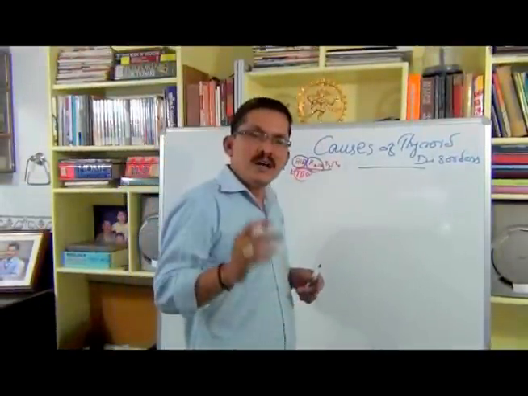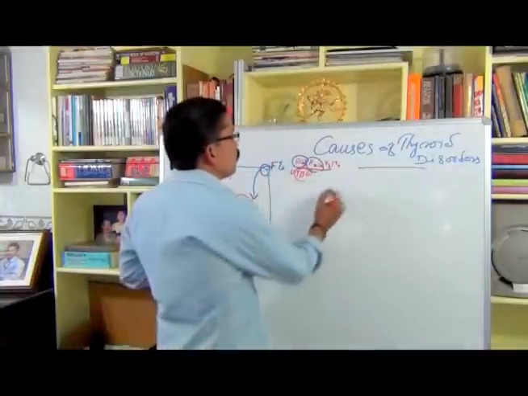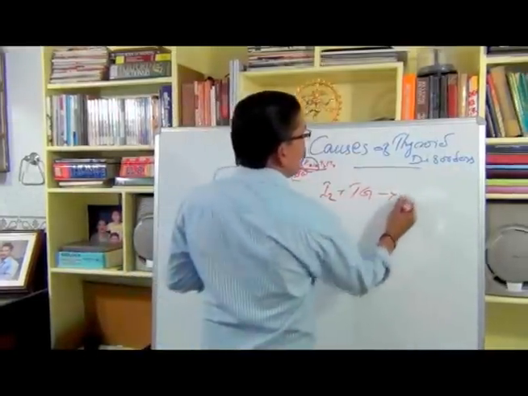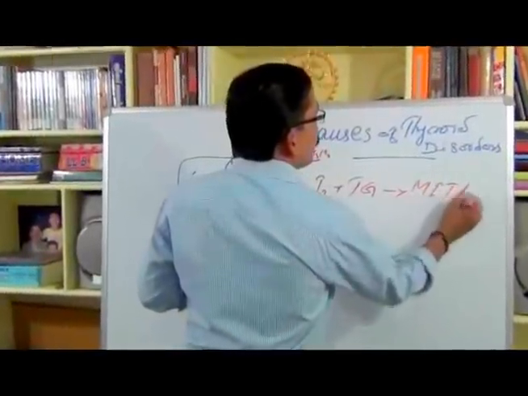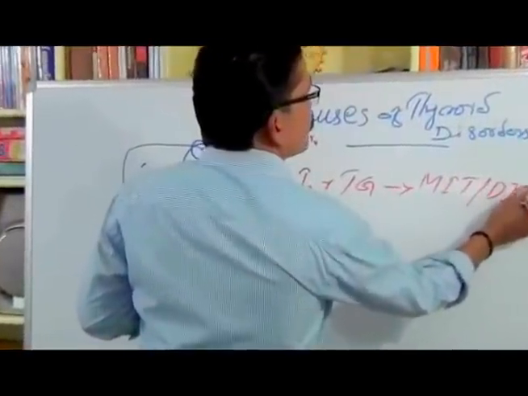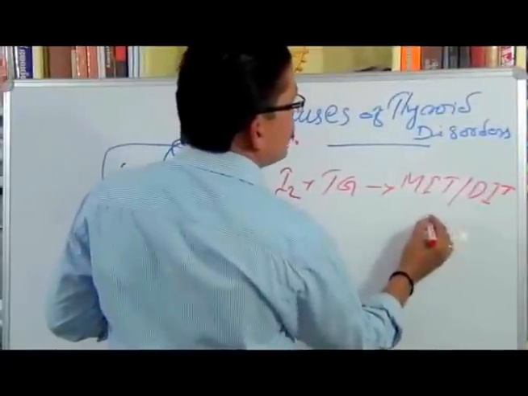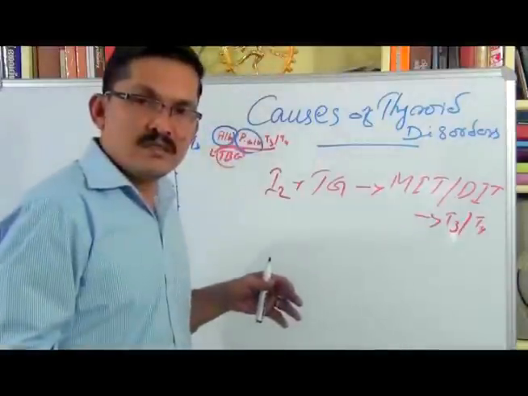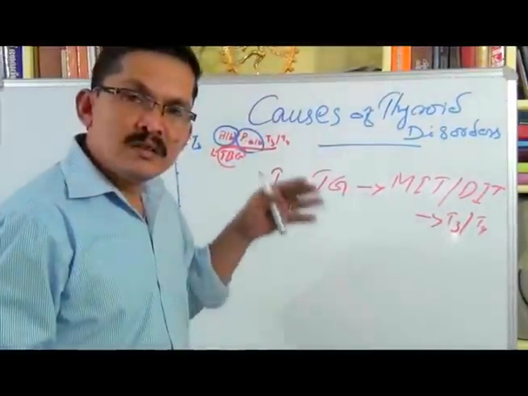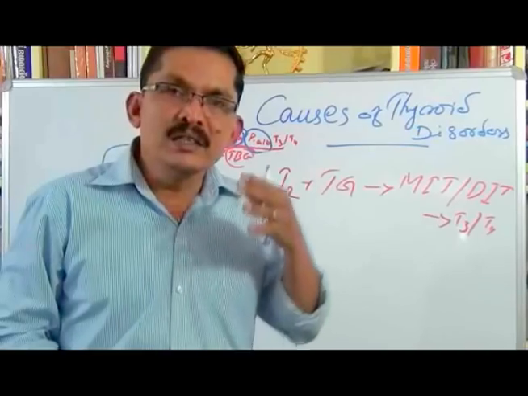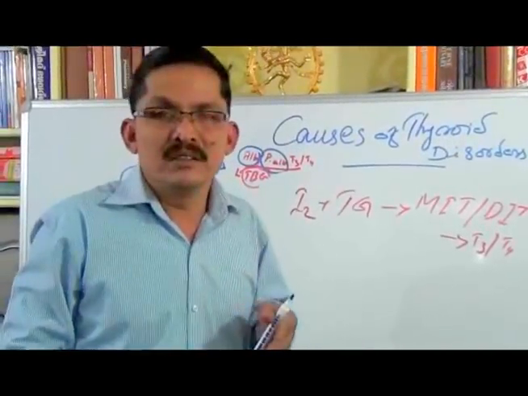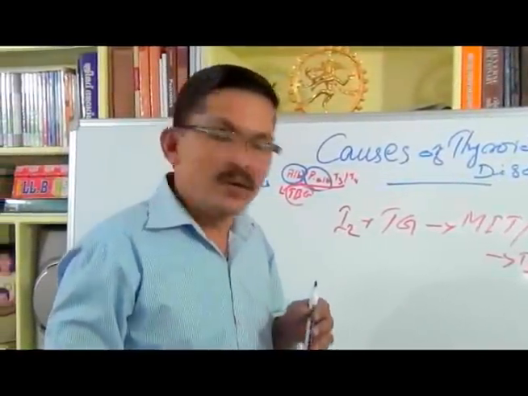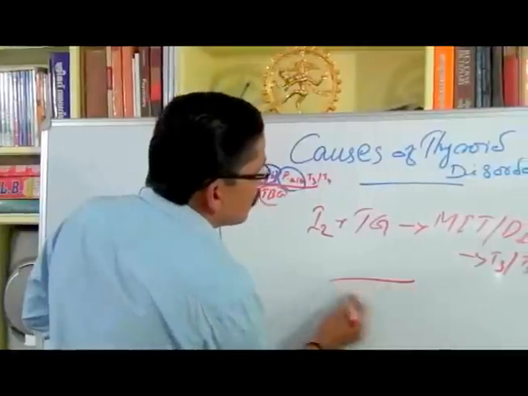Next is regarding the iodine deficiency. As you know, the iodine, with the thyroglobulin, can give either MIT or DIT, and then MIT plus DIT gives T3 or T4, etc. But the iodine, in quantity or quality, may affect the synthesis of the hormones, because from the blood vessel